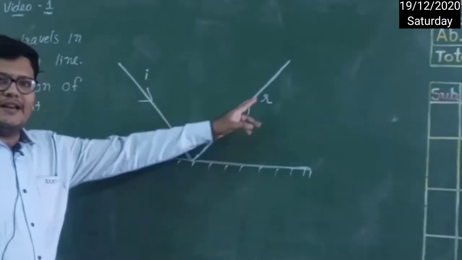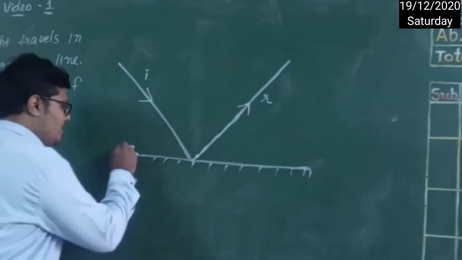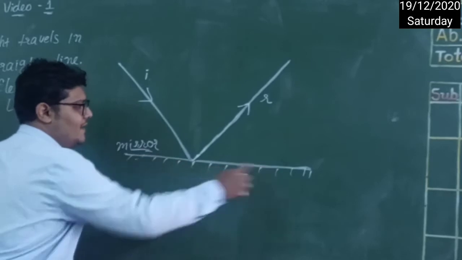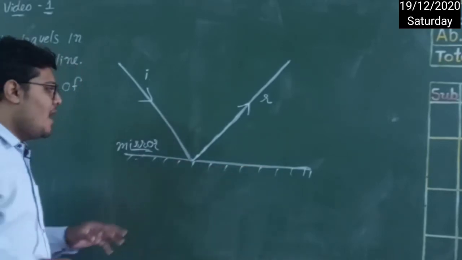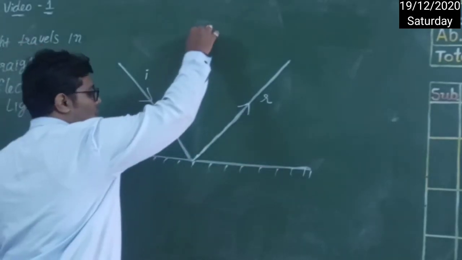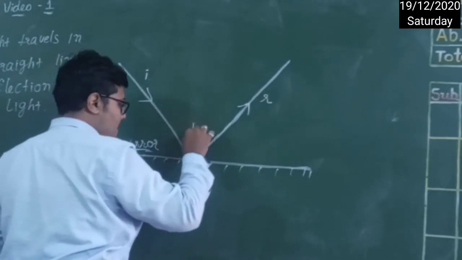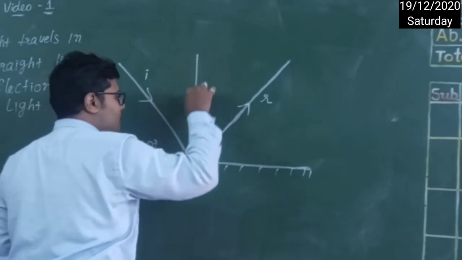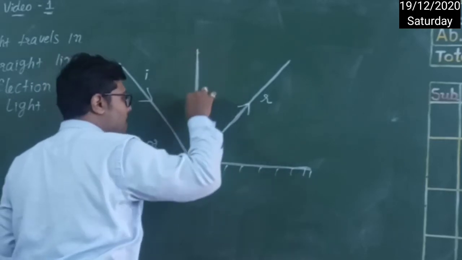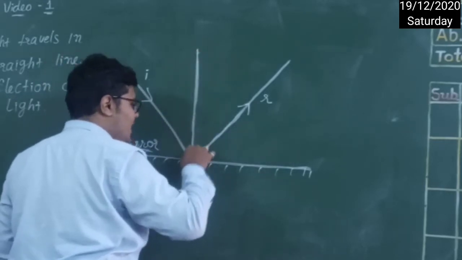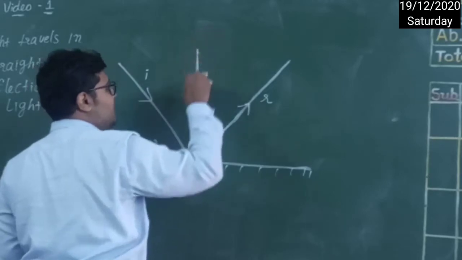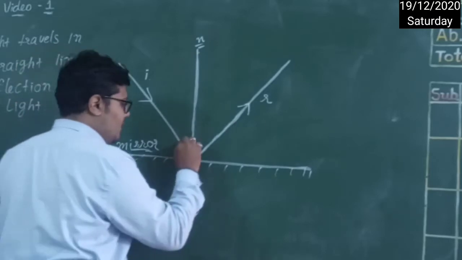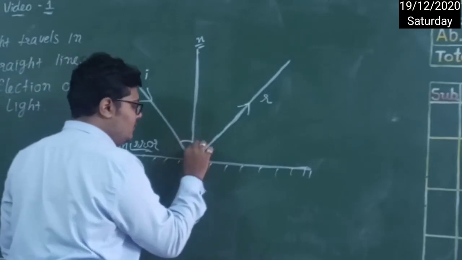It means light is getting reflected from the mirror. Mirror means this line is a mirror. I hope you are getting it. Now if I draw a perpendicular line, this is called the normal, right? This is a normal. So this angle and this angle